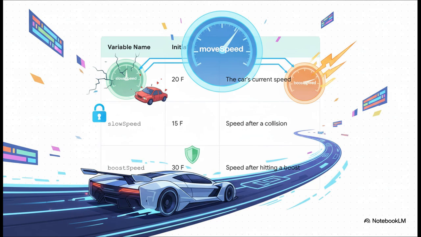Okay, now this is where it gets interesting. This table basically lays out our entire game plan. If we were to peek inside the C# script that's controlling our car, we'd see these variables defined right at the very top. It would look something like this. public float moveSpeed = 20f; then on the next line, public float slowSpeed = 15f; and finally, public float boostSpeed = 30f;